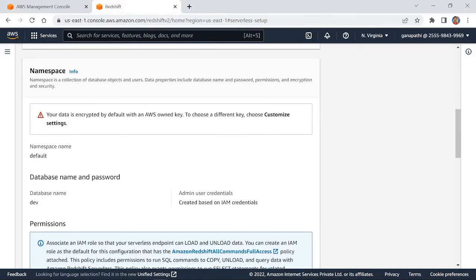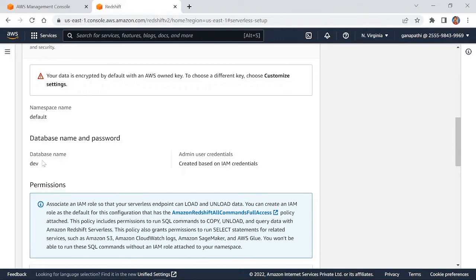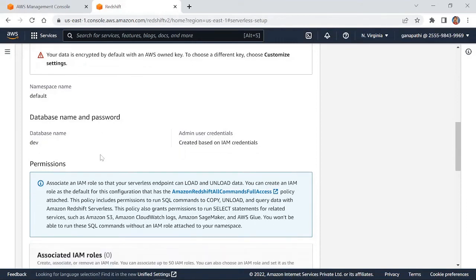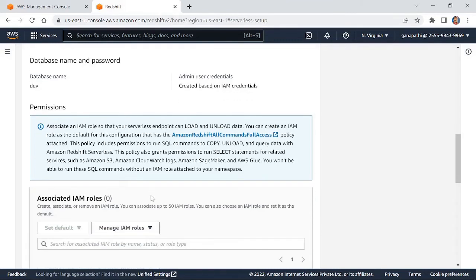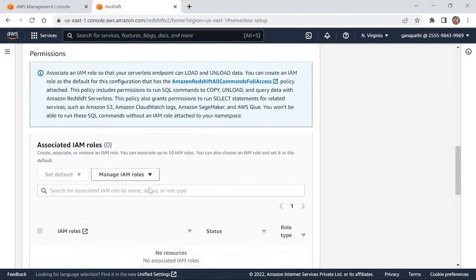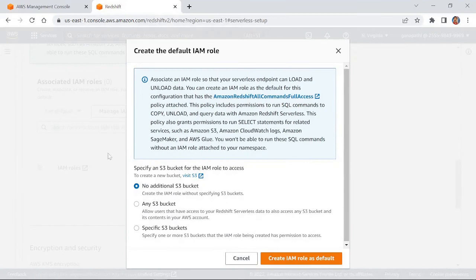We have seen what a namespace and workgroup are. Namespace name in this case is default. Database name and password are dev. You can set default or manage IAM roles. See that? Create IAM role. So with this,